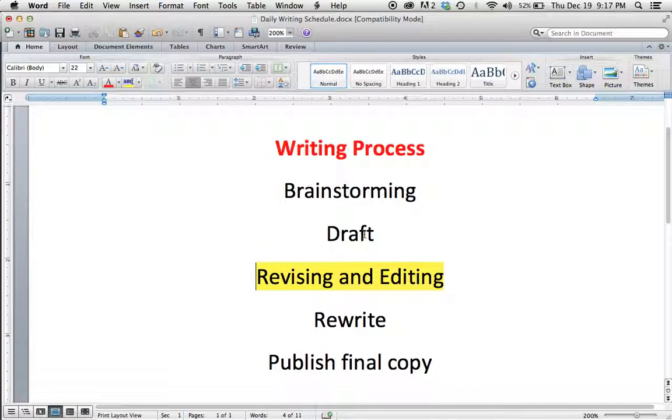So you go from draft, revising and editing, getting feedback, you rewrite, and then usually you'll go back to the revising and editing where you'll get additional feedback, where you'll continue to look to see if your paper is aligned to the rubric, and then you'll rewrite again. And then possibly after that second or third or sometimes fourth rewrite, then you'll be ready to publish your final